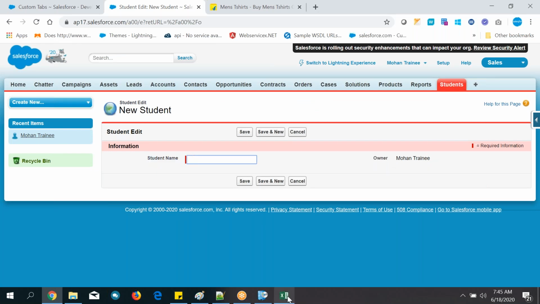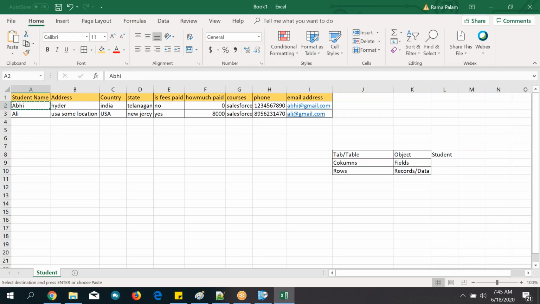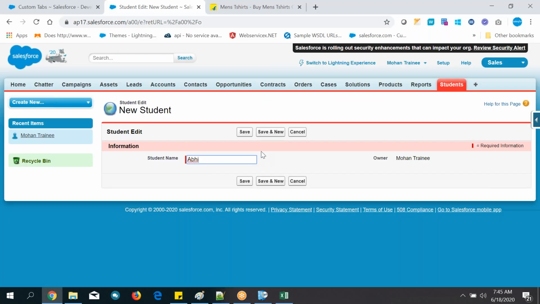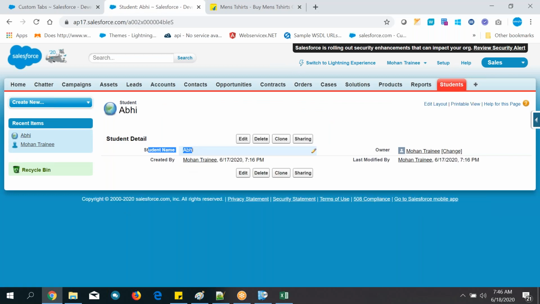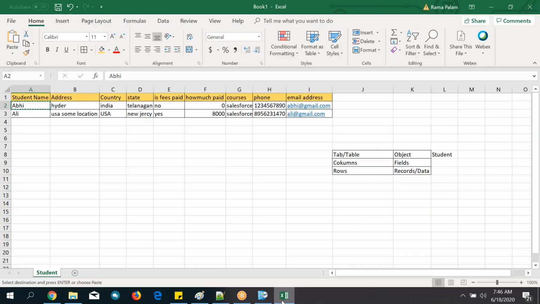Now enter the data. Abhi, right? Copy it, enter it. Click on the save button. That's it. Now you have created a student record. This is called one record. But in this record, you have only the name. And what about these fields? You have not created the fields.